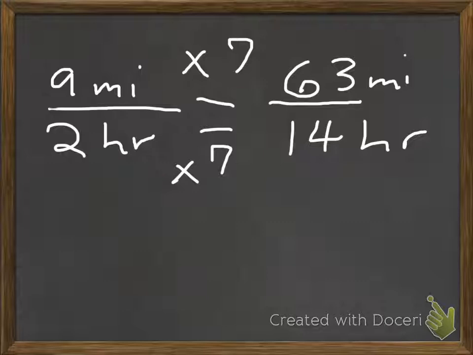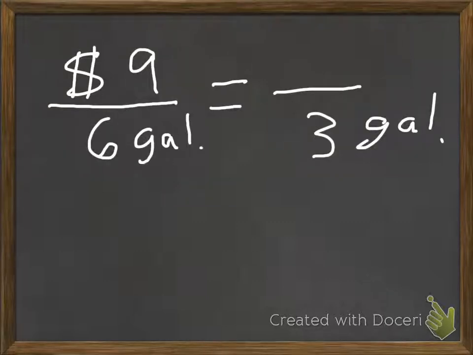Now my ratios on either side of the equation are equal because I used that same scaling up factor of 7. Now, in some cases, you might have to scale down. You might be given a ratio in an equation where you'll have to scale down rather than scaling up,